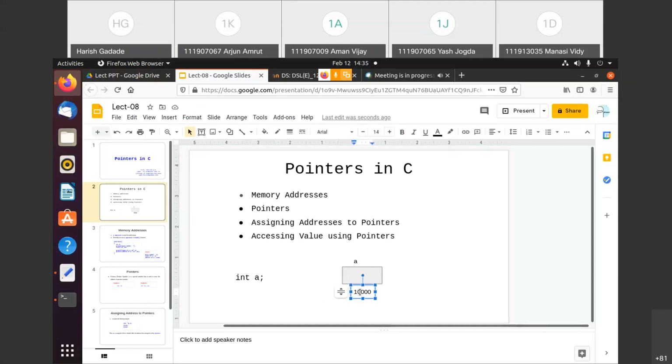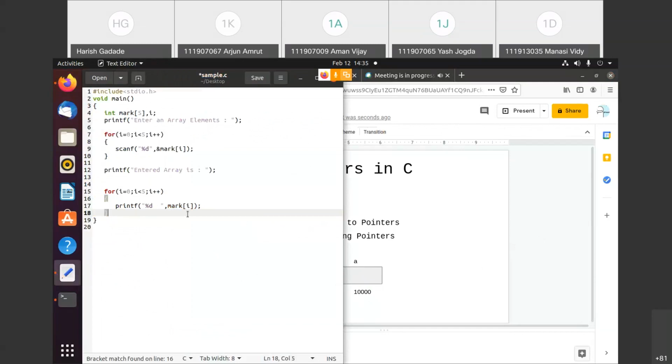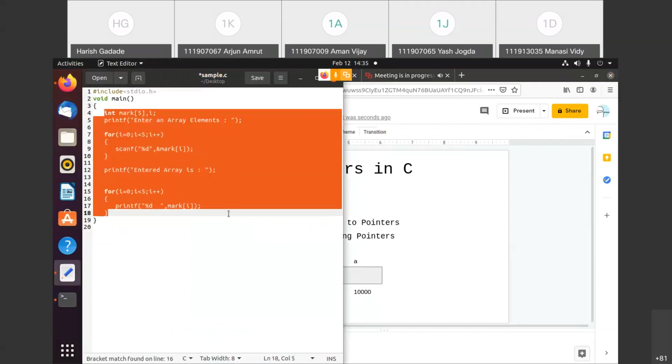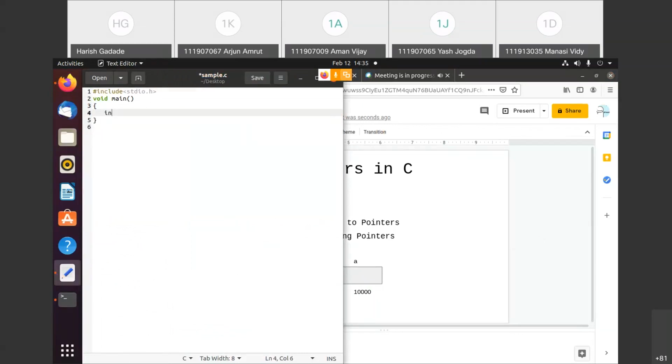At this address, whatever value the user enters will be stored. Like int a, and if I say scanf %d and a, this one, right?